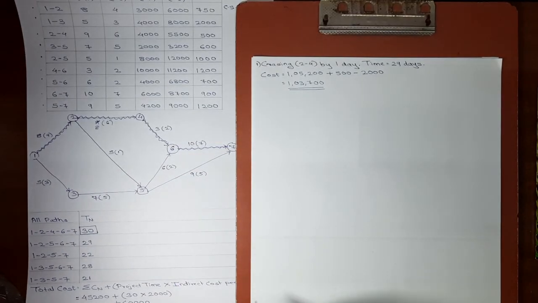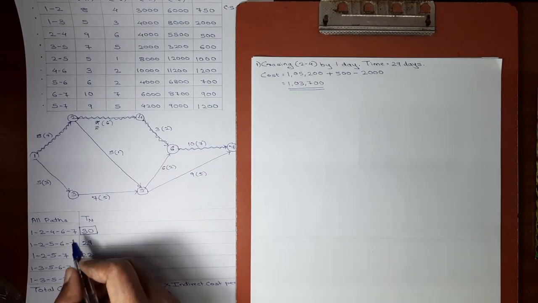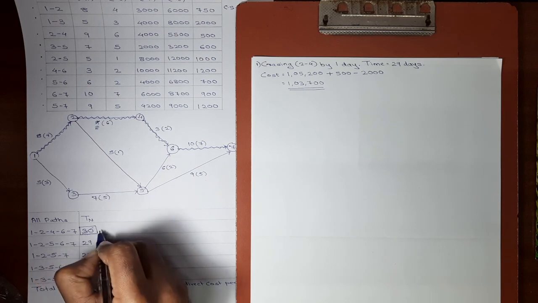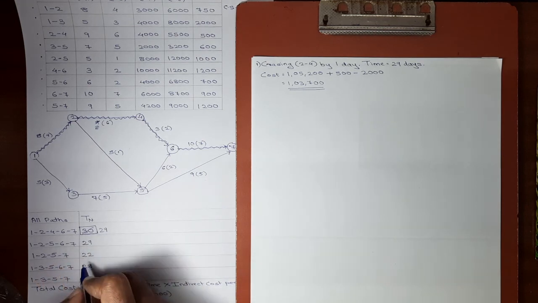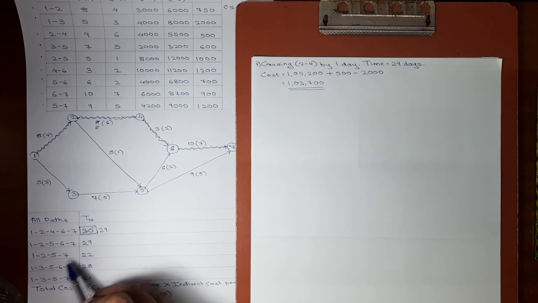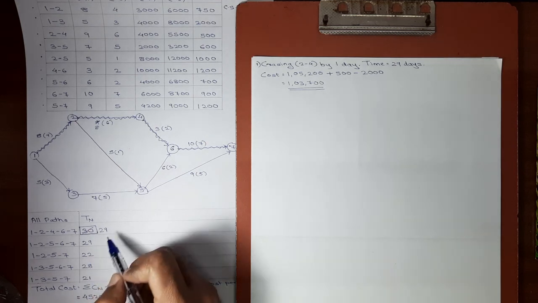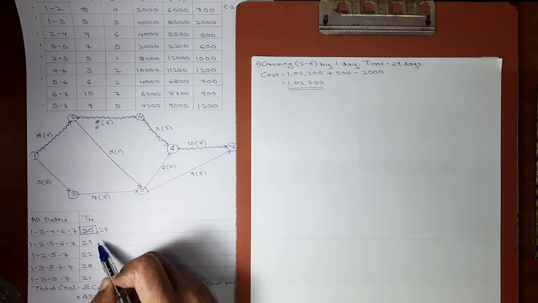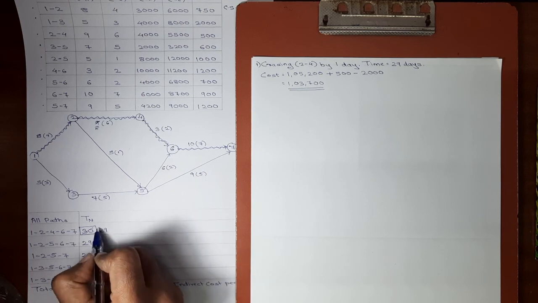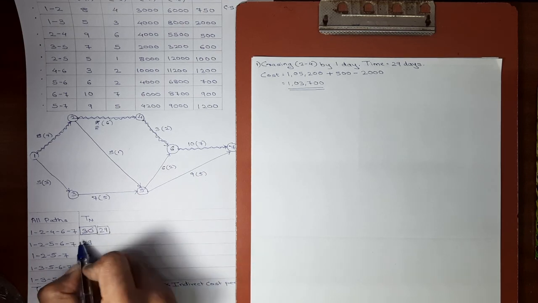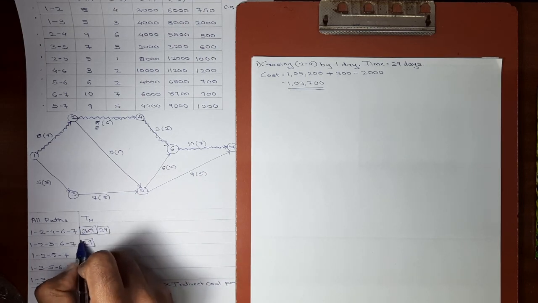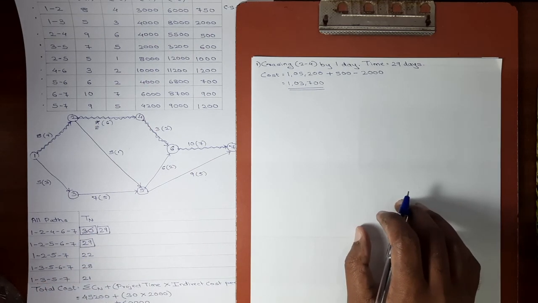Okay, and activity 2.4 comes in which of the following paths? In first path, yes it does. So here 30 will now become 29. In second path, 2.4 does not come. Third path also 2.4 does not come. Fourth path also doesn't have activity 2.4, and the last path also doesn't have activity 2.4. Now if you see the first path and the second path, they are having same normal durations, 29 days. Now it means that there are two critical paths, first path and the second path.